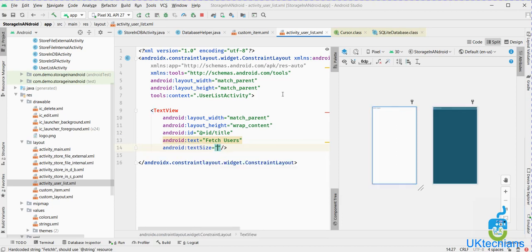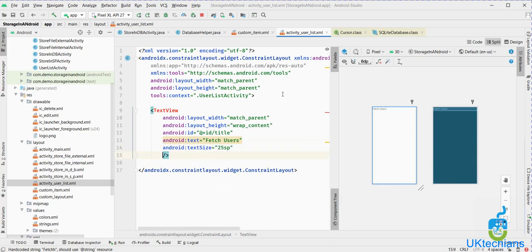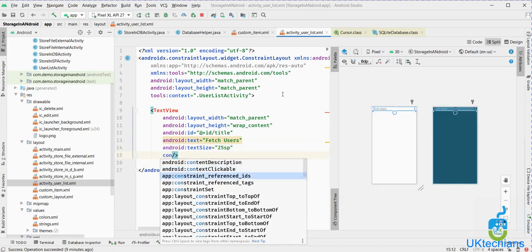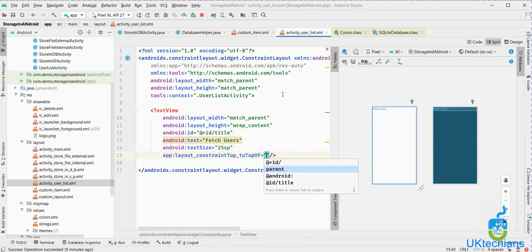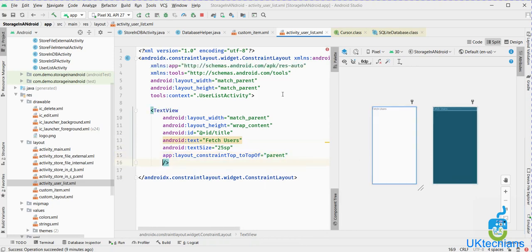Text size will be 5 sp, and then we have to add the constraint top equals to parent.